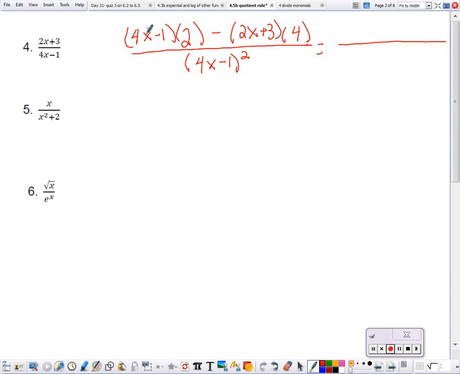Here we get 8x minus 2. And then this negative, I'm going to leave there for a second. So minus 8x plus 3. I need these parentheses because the negative is going to have to be distributed to each of these terms. Then on the denominator,